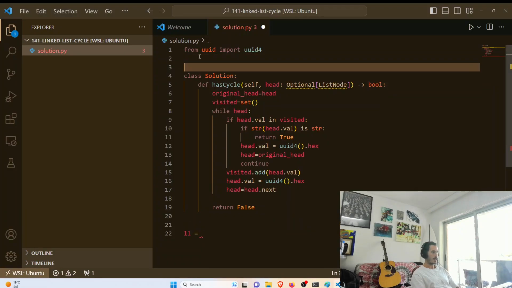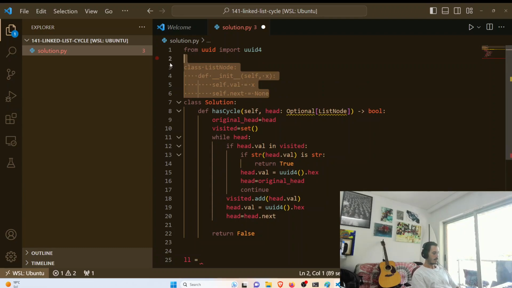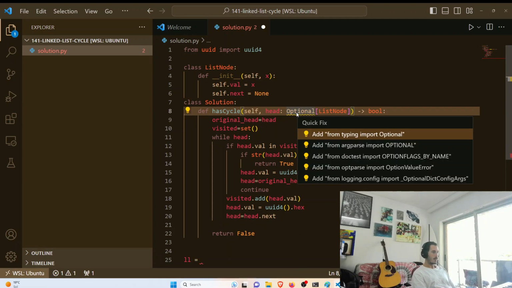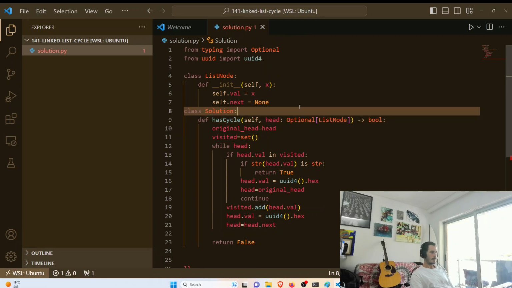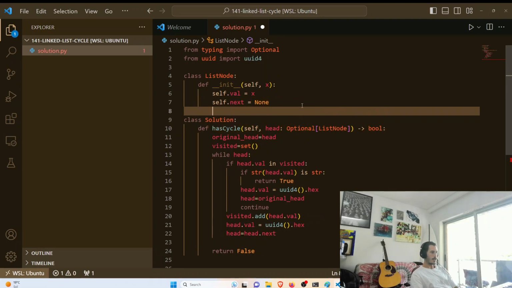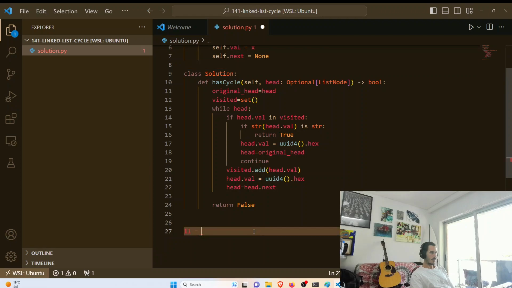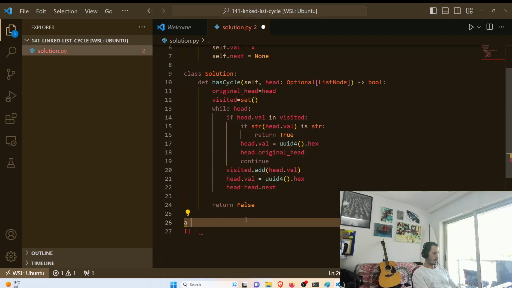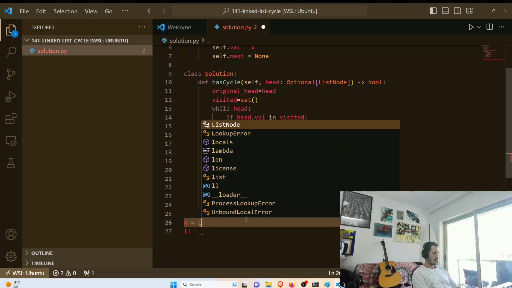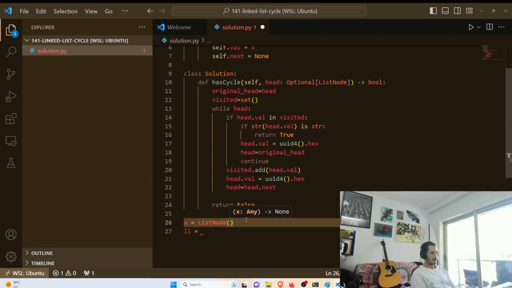I need to copy this class. Okay, this is enough to start. And I can say A is equal to ListNode of